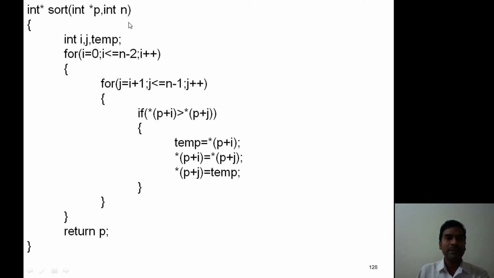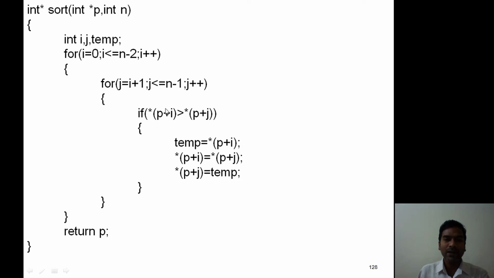Now the function implementation: int asterisk sortof(int asterisk p, int n). Here we place the sorting logic: for i equals 0, i less than or equal to n minus 2, i plus plus; for j equals i plus 1, j less than or equal to n minus 1, j plus plus.